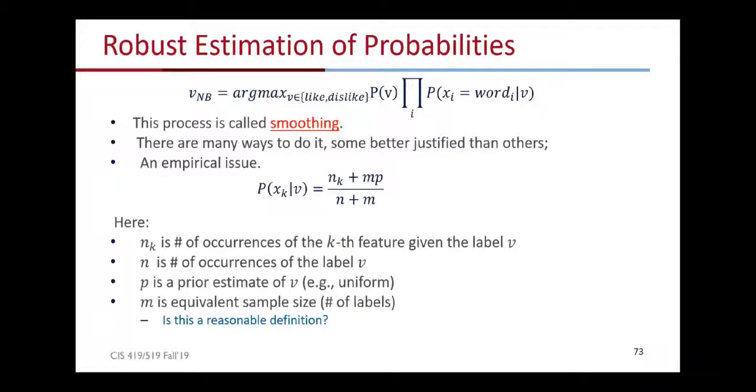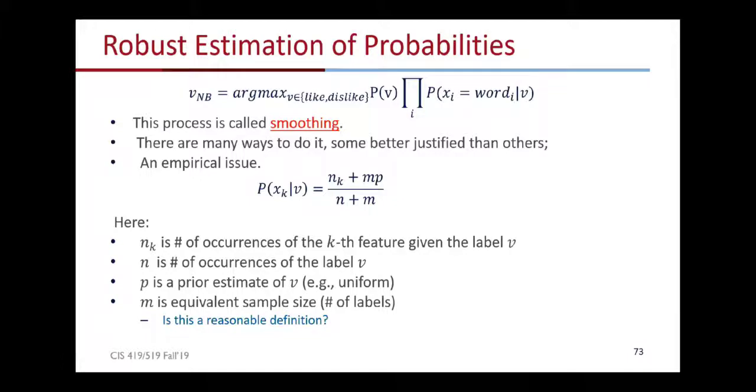So the way we're going to estimate the probability of xk given v is, instead of just nk over n, we're going to add something to the denominator, add something to the numerator,